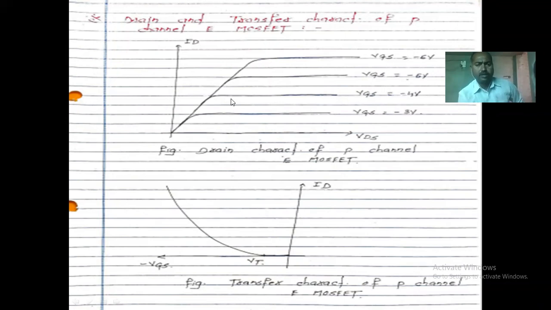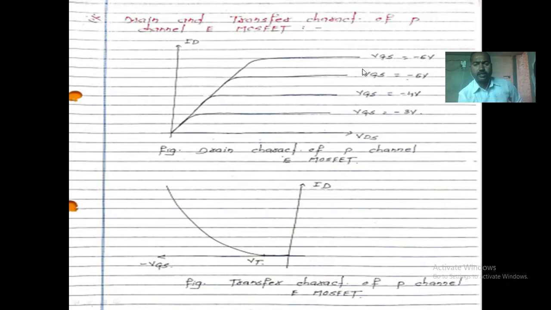Due to the -4 volt applied across the device, a channel is formed through the device. In the same way, here also a PN junction is formed, and due to that PN junction, the channel is formed. As we increase the more negative voltage, the size of the channel increases, so a large current flows from your source to the drain terminal. That's why more and more current flows as we increase VGS from -6 to -8 volt.